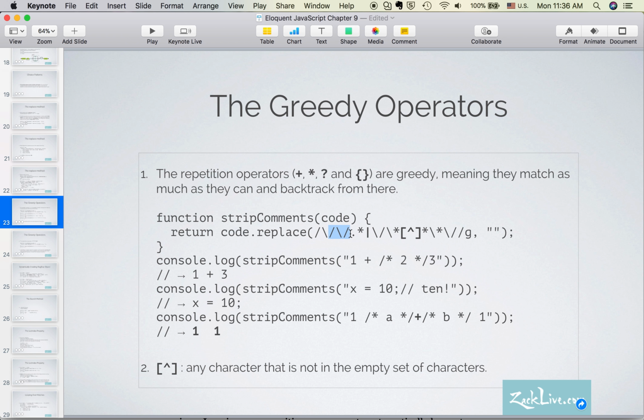Okay, and we have a period here, which means any character that's not a new line, and there can be more than one. And we have a pipe character here, which means either its left or its right works. Okay, and on the right side,